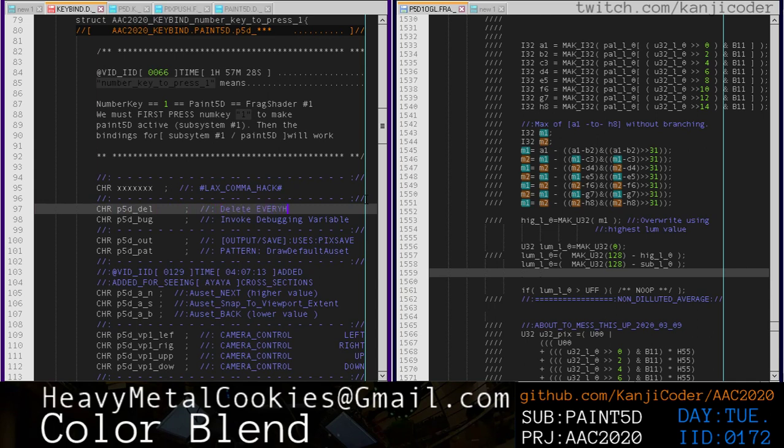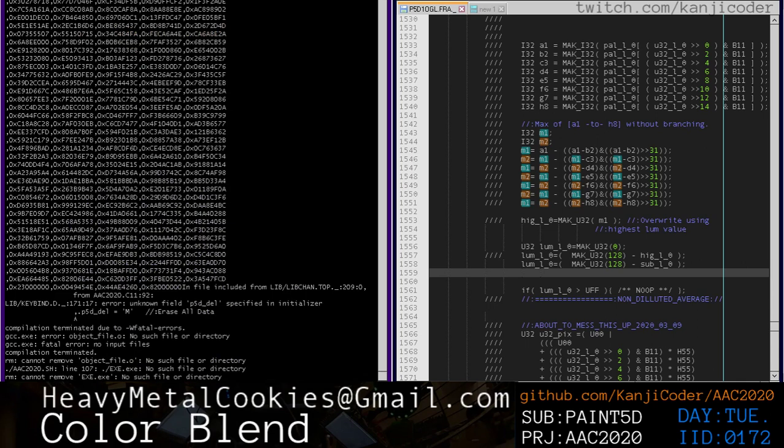Delete everything, entire offset pack. Delete the entire offset pack, like all of the auto tiles, all the auto tile sets. So offset pack. Okay, so let's give that another run